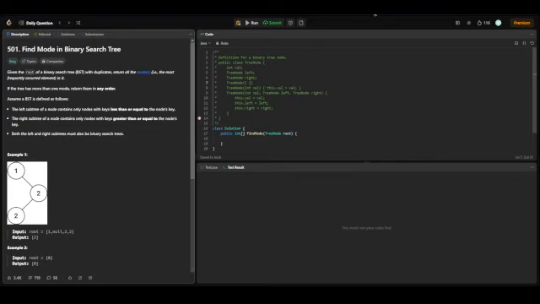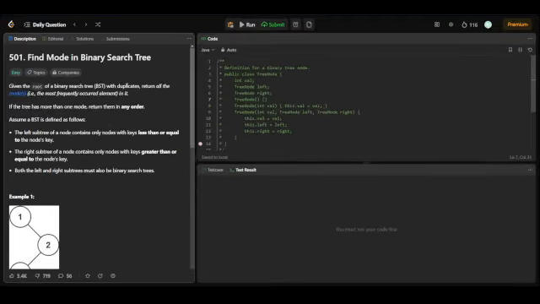Okay, so hello people. So today we'll be solving LeetCode daily question 501. This is Find Mode in Binary Search Tree. In this we'll be given the root of a binary search tree with duplicates, and we have to return all the modes. The mode is basically the most frequently occurred element in that particular binary search tree,